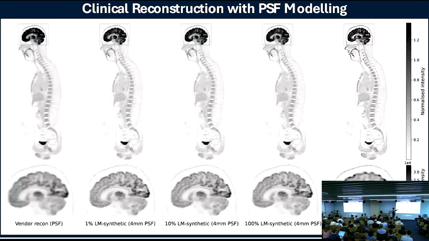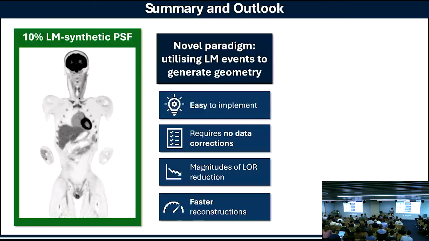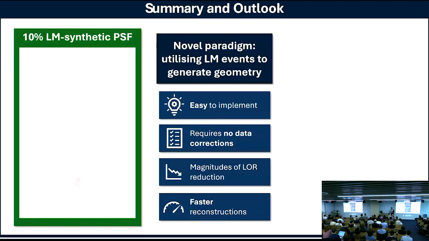And here it's a bit clearer to see some of the increase in high frequency noise due to the particular model that we've chosen. But again, this is something that is variable. We can choose whatever we'd like. But the important thing is that we can change the reconstruction direction quite readily, which is especially clear with the large PSF kernel. So to conclude, we've introduced a novel paradigm, a research framework for PET reconstruction, where it is